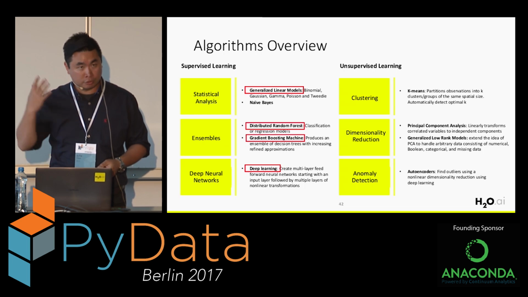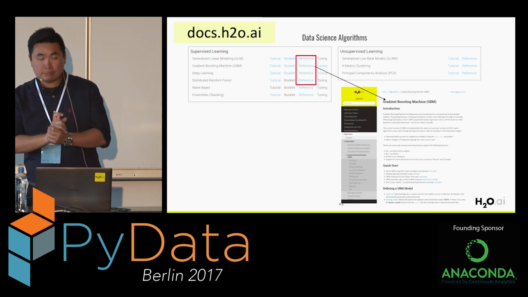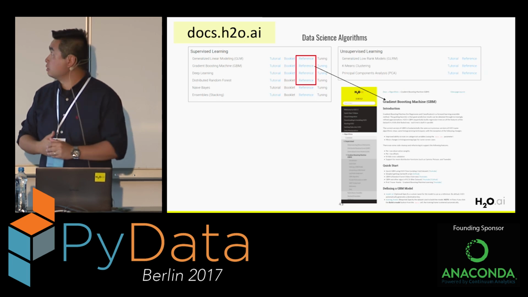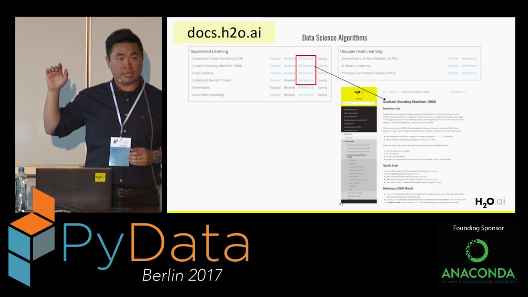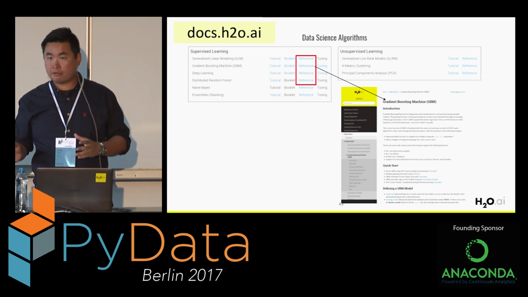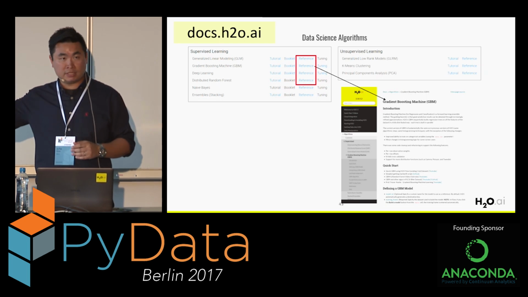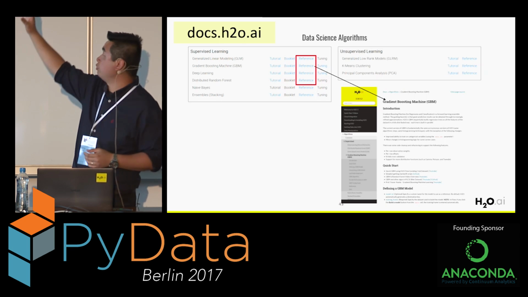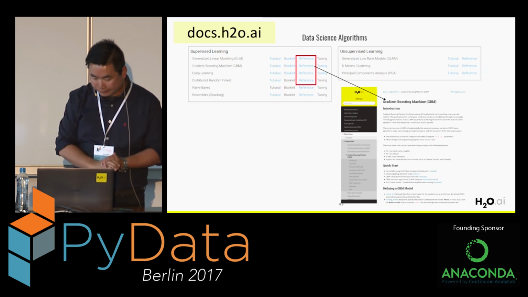So I'm going to show you how to do this model in H2O. But sometimes you want to dig deeper and find out more information about each algorithm. If you go to this website, the docs, docs.h2o.ai, you can find a lot more information about H2O and H2O algorithms and everything about the features in H2O, all from this single website. For example, if you click on the reference of GBM, it will show you more information about GBM, what it is, what it does, and what the limitations of GBM are.